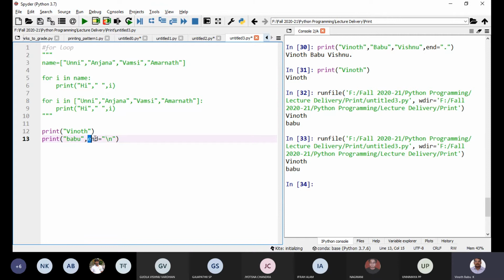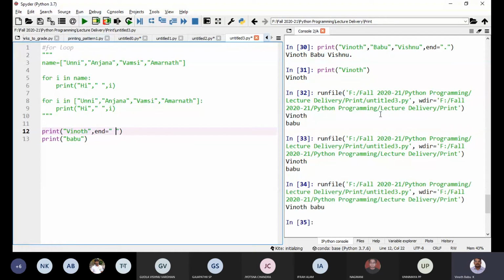Suppose you just see this. I'm just leaving some space as the end operator.